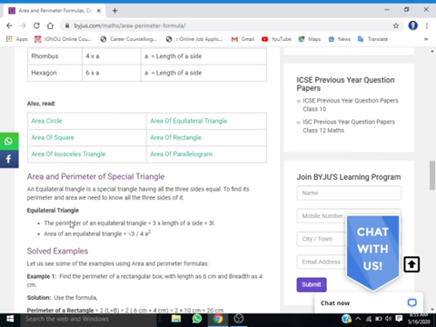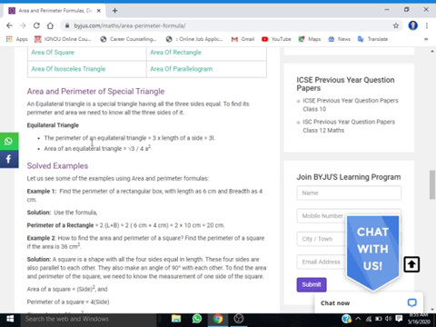Next, it is already mentioned here, if we select the equilateral triangle, which in grade 4 you have learnt the definition of, and I have discussed many times, in the case of an equilateral triangle all sides must be equal. Then what is the perimeter of the equilateral triangle? Perimeter is the sum of all sides. When all sides are equal, it becomes 3 times the length of one side. So it becomes 3L or 3A, or 3 times the side.